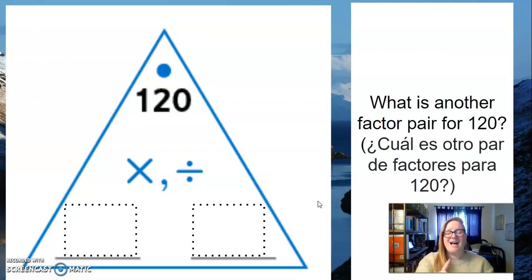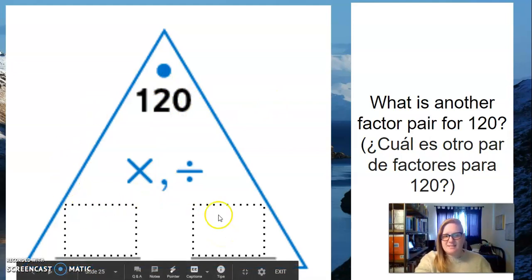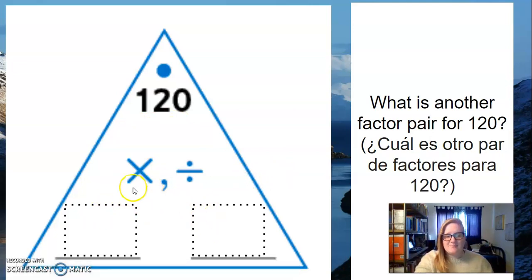So what is another factor pair for 120? What you can do, you can't use 3 times 4, but you can go back to our multiplication chart, find 12 somewhere as a product that does not involve 3 times 4. You have to find something else. And then you can make these into 120 by placing a 0 next to one of these numbers. I'm out of time, so